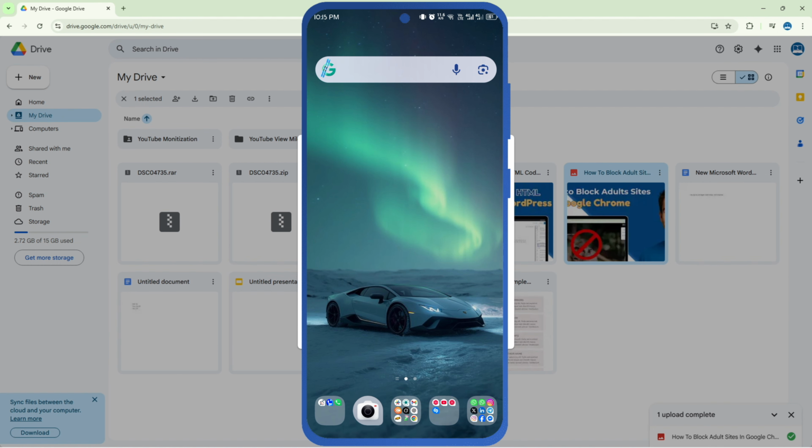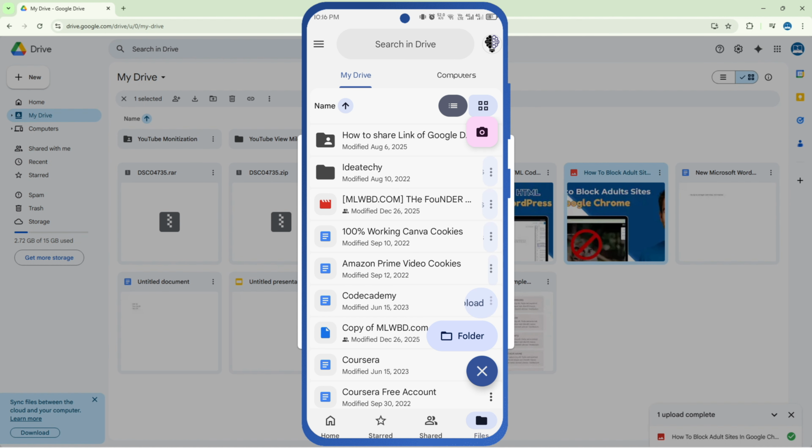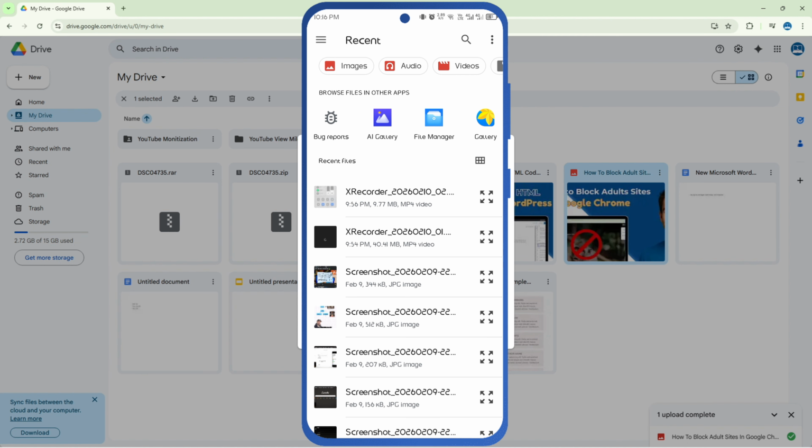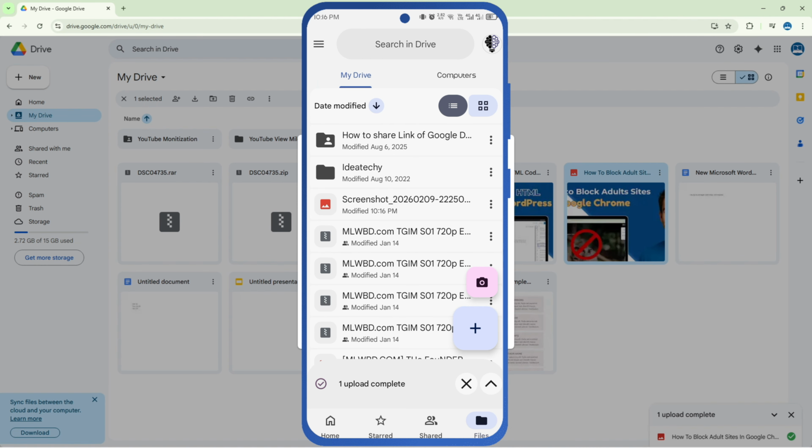Let's go with mobile phone. At the beginning, you need to open Google Drive and click on this plus button. Now click on Upload and choose the photos which you want to upload on Google Drive. Now click on Upload. Once you upload the photos, then click on this three-dot icon, tap on Share, click on